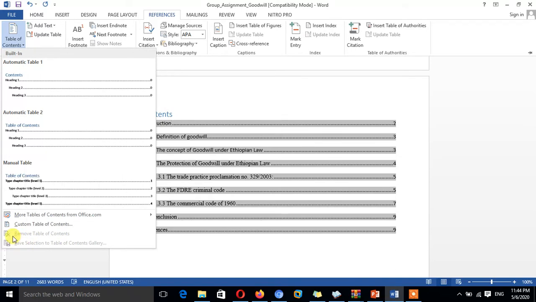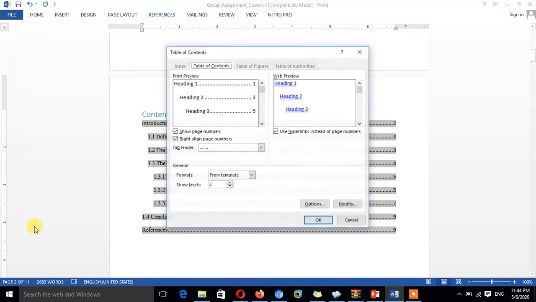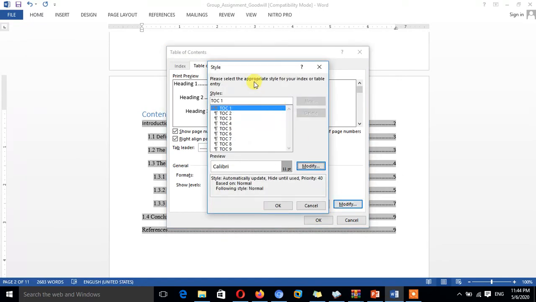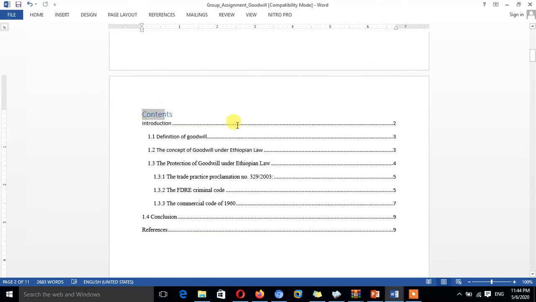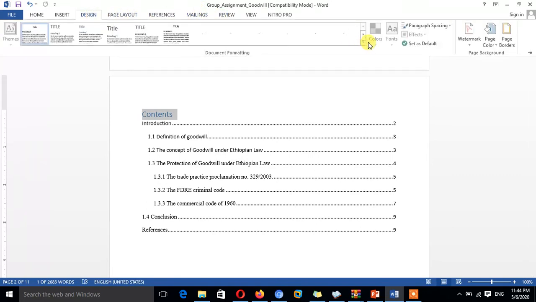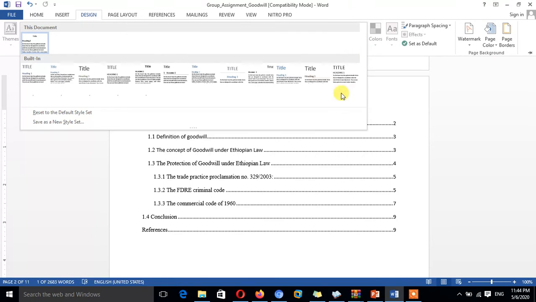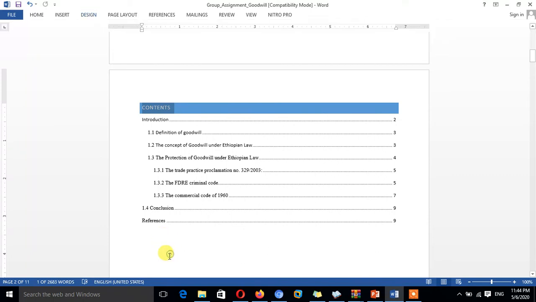You can actually remove it by clicking here. You can also format it like this. You can add more levels as you need by selecting from here, and add more options from here. You can also decorate it by going to Design and clicking here. If you select this style, it will decorate like this.